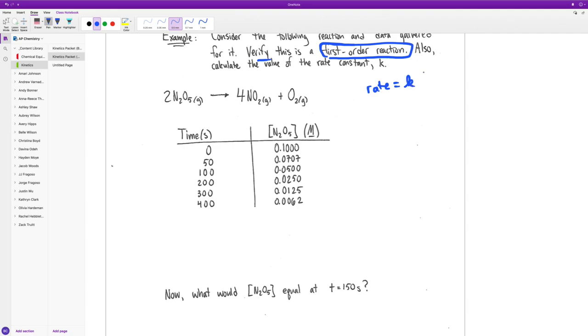We're going to verify that this right here would be the rate law, the differential rate law. Now, if that's the differential rate law and we're trying to verify that, there is a way we can graph this data so that it'll be linear. So let me go ahead and type in this data,